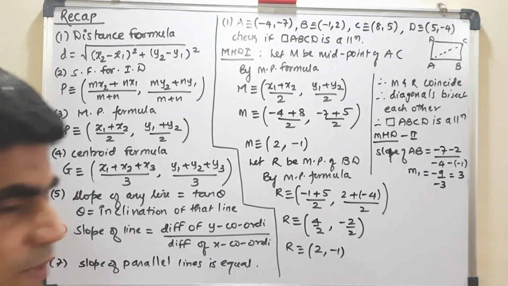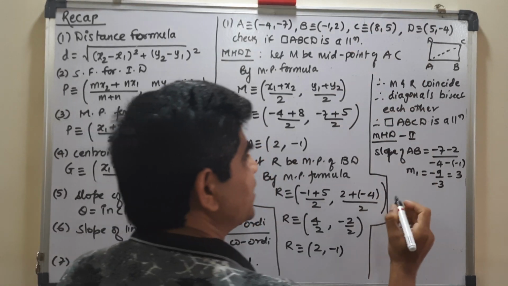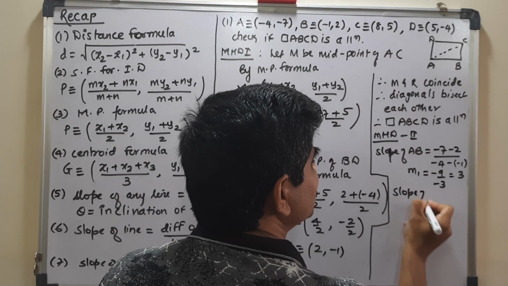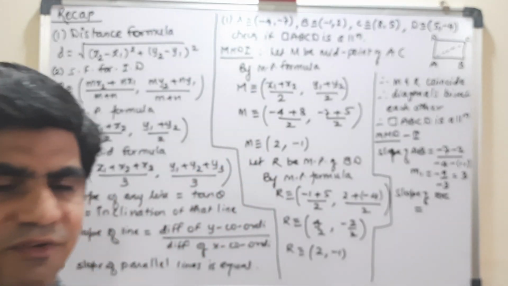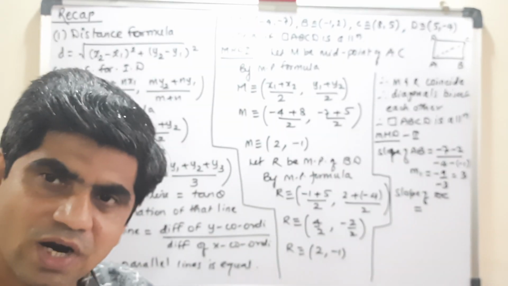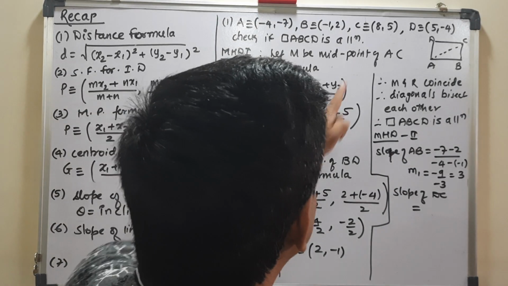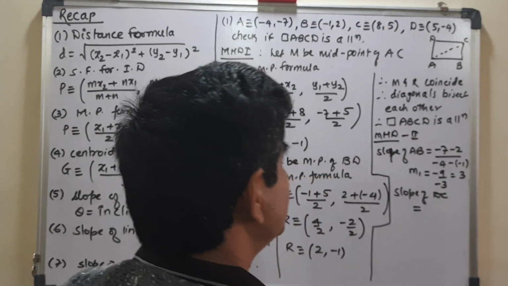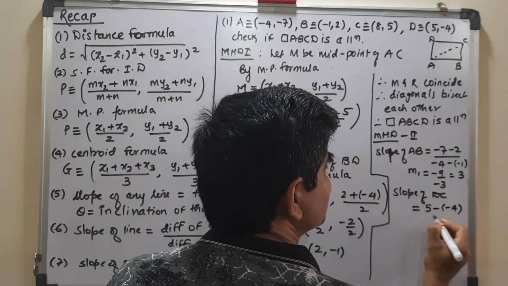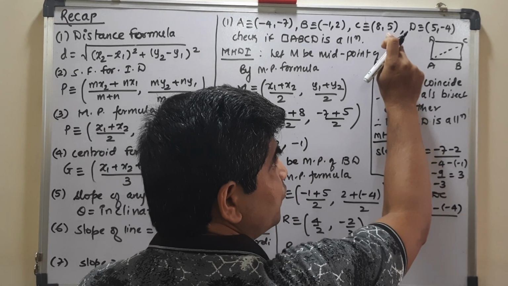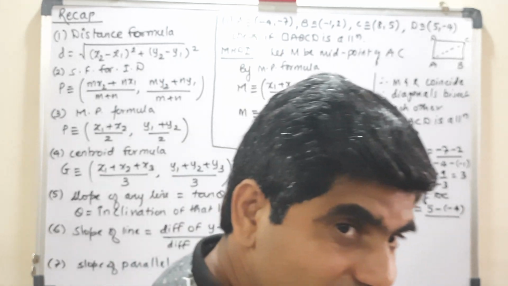This is your M1. Same way I'll find, first I'll find the slope of the opposite side, that is the slope of the opposite side DC. So the slope of DC will be what? Difference of y coordinate upon difference of x coordinate. Difference of y coordinate of D and C. So I will get the y coordinate difference, that is 5 minus of minus 4 upon, this is 5 first, then minus of minus 4. This minus is the middle one, that is the difference.